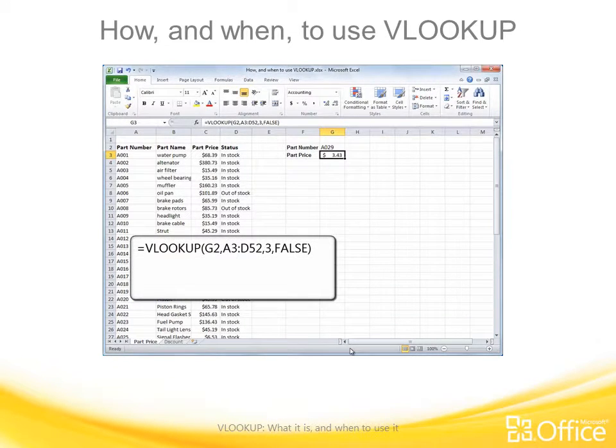Argument 1, lookup value. What value are you searching for? If you were looking up a phone number in a phone book, the person's name would be the lookup value. In this example, the part number is the lookup value and cell G2 is the lookup value argument. Let's see what happens. I type the lookup value, say A003, in cell G2 and get a return price of $15.49. Excel looks for A003 in the left column and then returns the price in another column on the corresponding